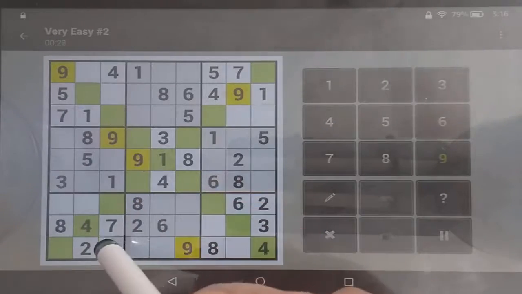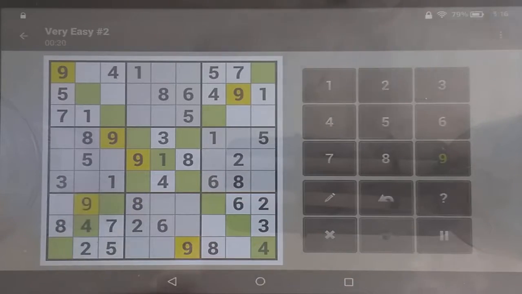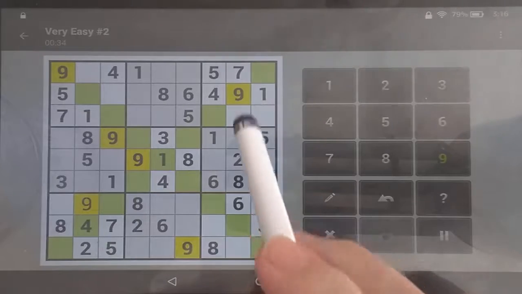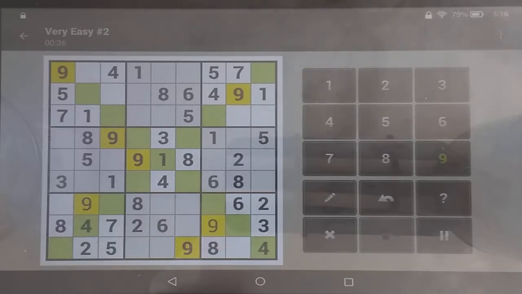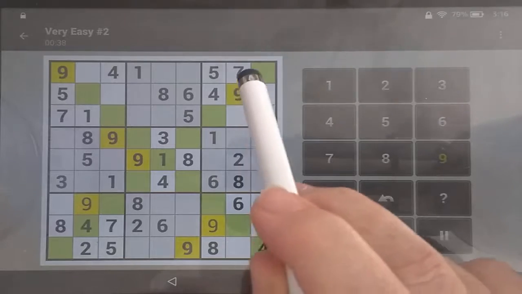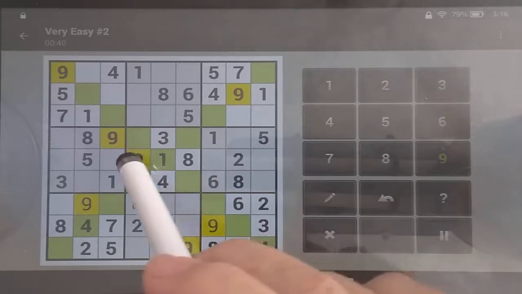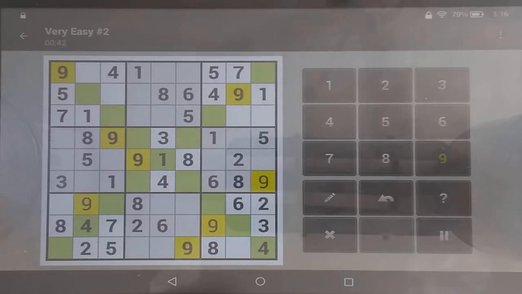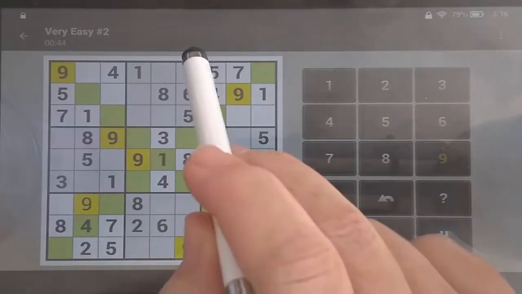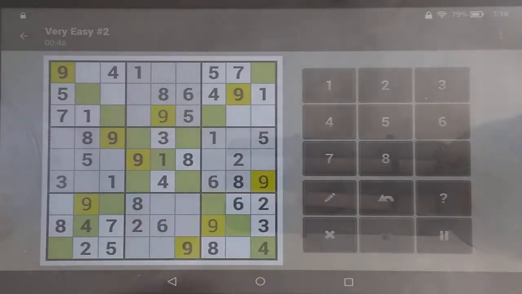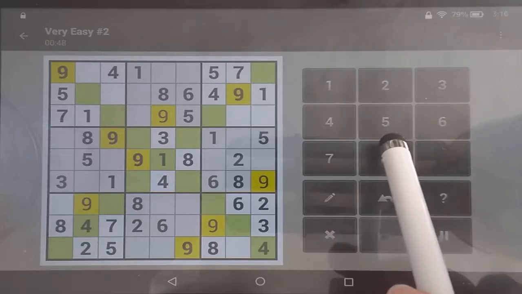So these 9s are in these columns, so that 9 has to be there. These rows have 9s already. This column has a 9, so that's where that 9 goes. These 2 columns already have 9s. This row has a 9, so that 9 goes there. These 2 columns have 9s, that row, so that 9 goes there, and I've placed all my 9s, so on